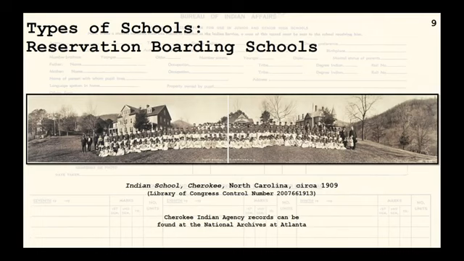The reservation boarding schools were those built on the reservation. Now, these were the earliest of the boarding schools, and it was actually from them, the idea that educators needed to remove the students even further from their people to fully assimilate them, that the non-reservation boarding schools emerged from. Yet these schools continued alongside. They were run under the respective BIA agency, so while there can be dedicated series to be found, often the records will be mixed in with general records, as we will see. In this slide, we see a student body photograph from the Cherokee Boarding School, in operation from 1890 to 1954.